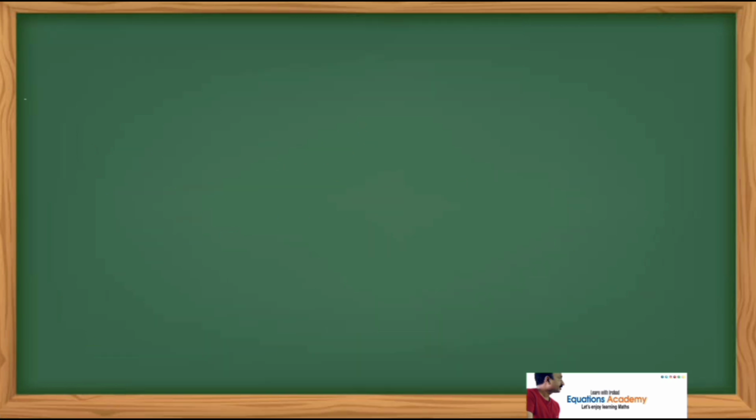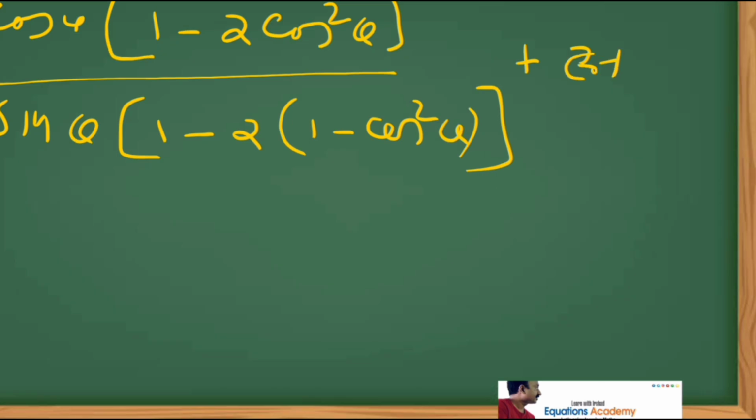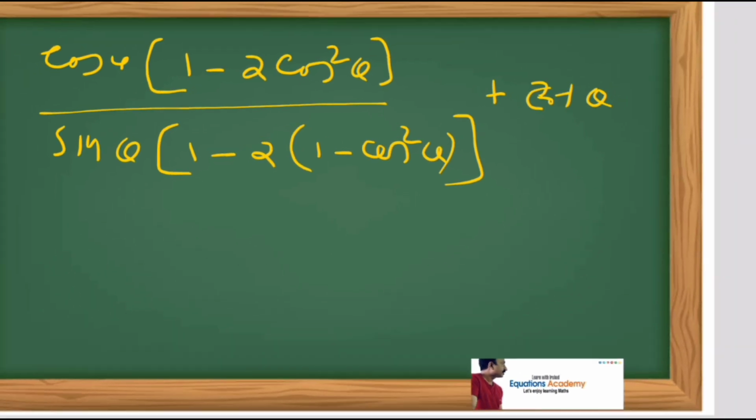This is equal to cos theta into 1 minus 2 cos square theta divided by sin theta into 1 minus 2 sin square theta. So, instead of sin square theta, we make 1 minus cos square theta. Sin square theta, we know that it is 1 minus cos square theta. So, instead of sin square theta, we write here 1 minus cos square theta, plus cot theta is equal to